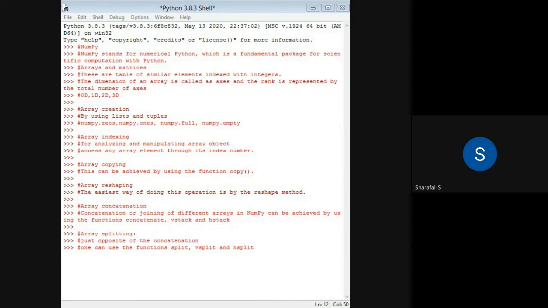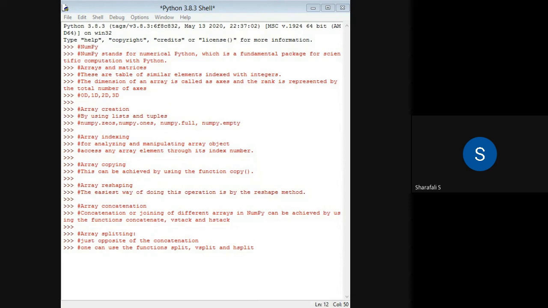So in this case, we are just splitting this parent array into different sub-arrays, and the number of sub-arrays that can be created after this splitting depends on the points that we have to give during this operation.